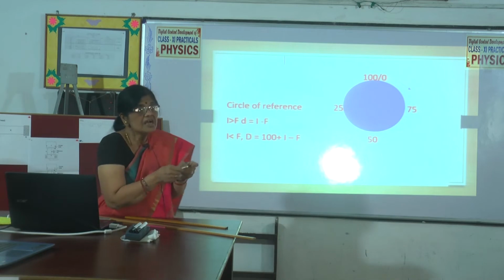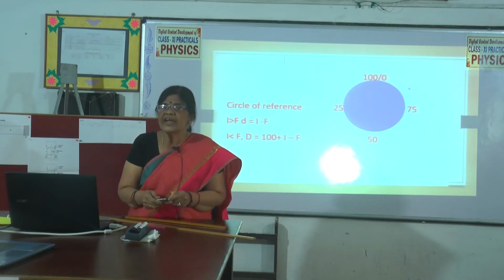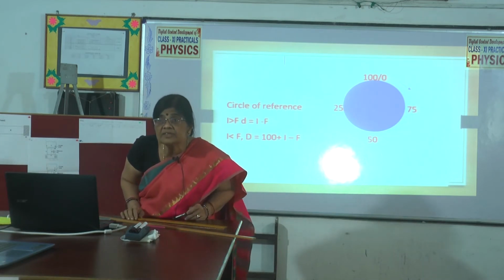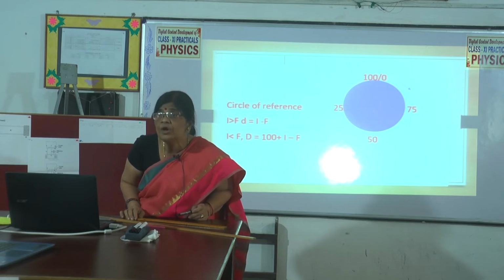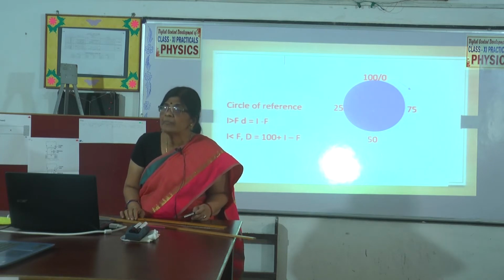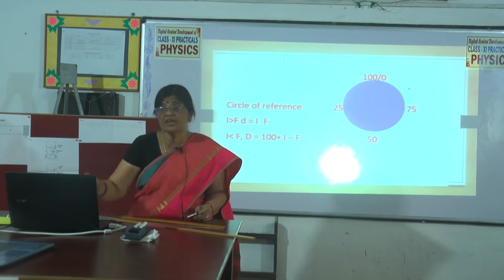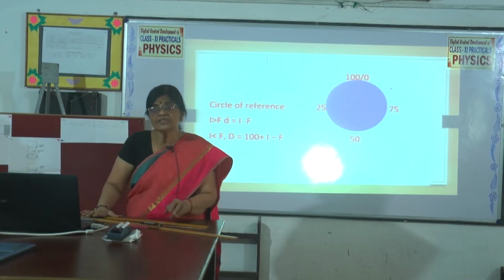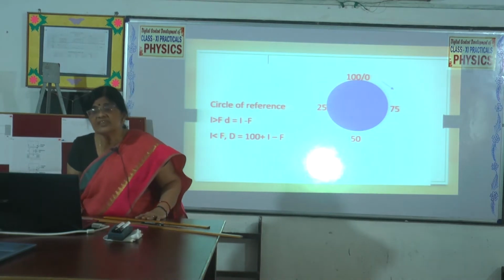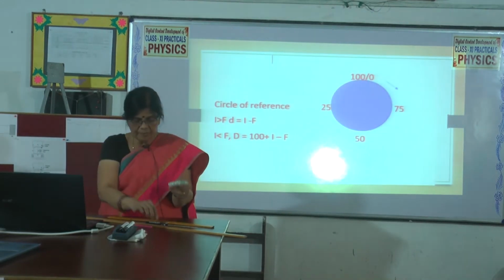Okay. So, I have told you about the pitch and the least count. What is the least count in my case? 0.001. What is pitch in my case? 0.1. We will be doing this when you come to the observation. We are still in the practical theory. I told you the working formula for the thickness of this glass piece. If I put it here,